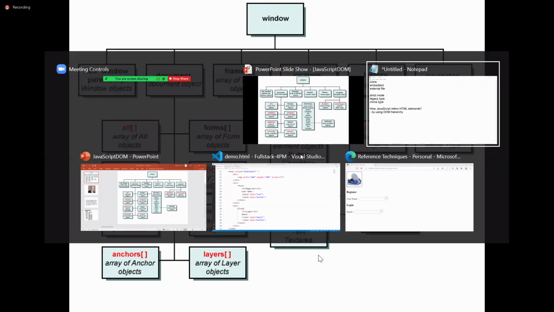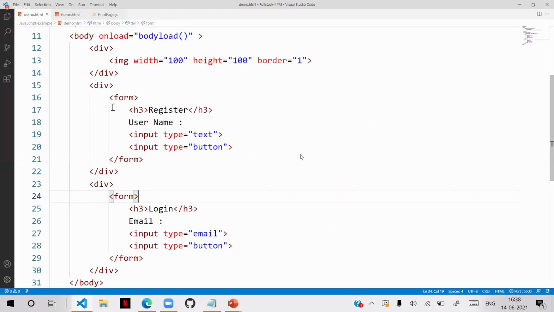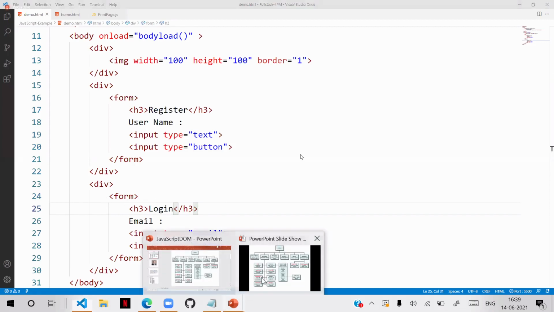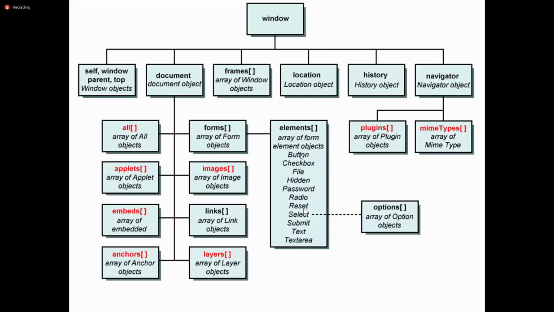Observe. First form is register form. Second form is login form. So login form is at which index? First index, yes. Now observe inside the form, text box, buttons, all these are considered as elements.